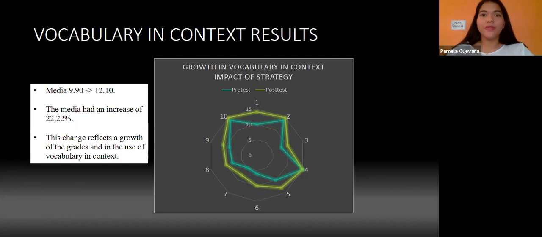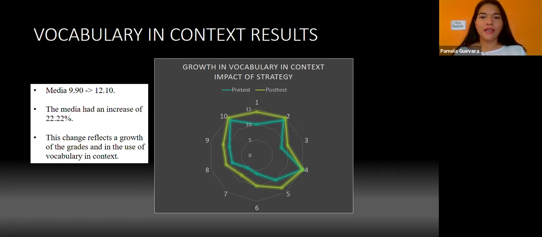Vocabulary in context. As I was telling you before, the goal was for them to write a sentence. That's why I also measured vocabulary in context. I measured how they used the word in a complete sentence, and they did have an increase of 22.22%. This means that at the beginning of the study, they were not able to use the word in a